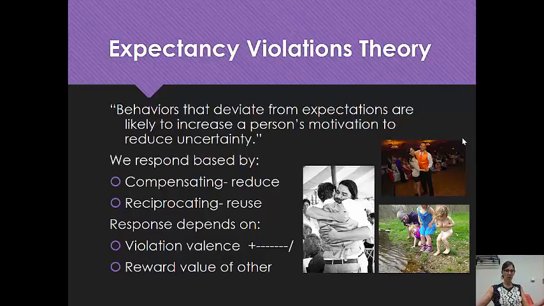I opened my body to create more space between the two bodies, and I leaned away. You see my head is leaned away from him. My entire upper body is leaned away from him, and I'm creating more distance between him and myself, and he's actually doing the same. So you can see from that the violation is not negative, and it's not positive in the sense that it's not really a violation. It's somewhere in between. So we're trying to strike a balance between who we are to one another and the behavior that's just been violated, and whether we want to get closer or farther apart.